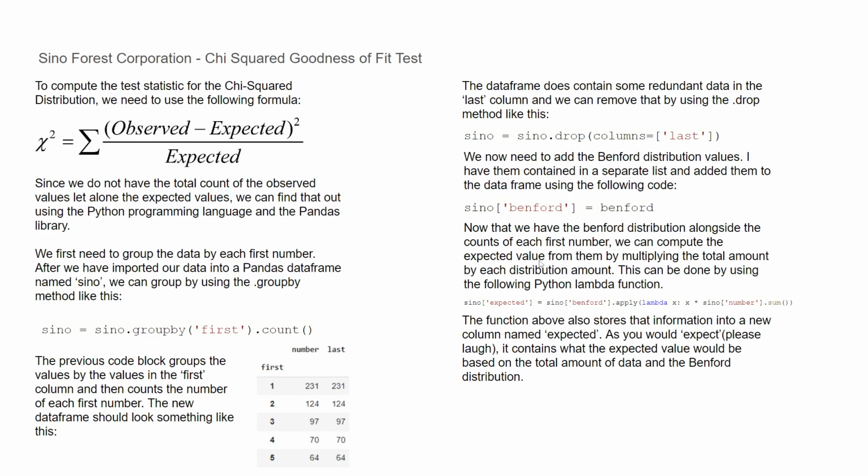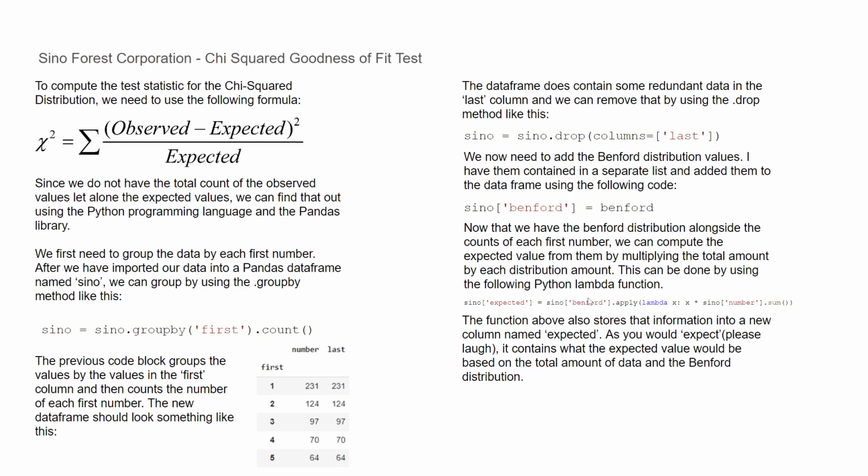We can compute the expected value by multiplying the total amount by each distribution amount. This can be done by using the following pandas Python lambda function, and I'll walk you through it so it makes sense. Right here, we're creating a new column named expected, and it's going to be equal to the Benford column, and we're applying a lambda function to it where we take x, or the current piece of data we're iterating through on the Benford column,